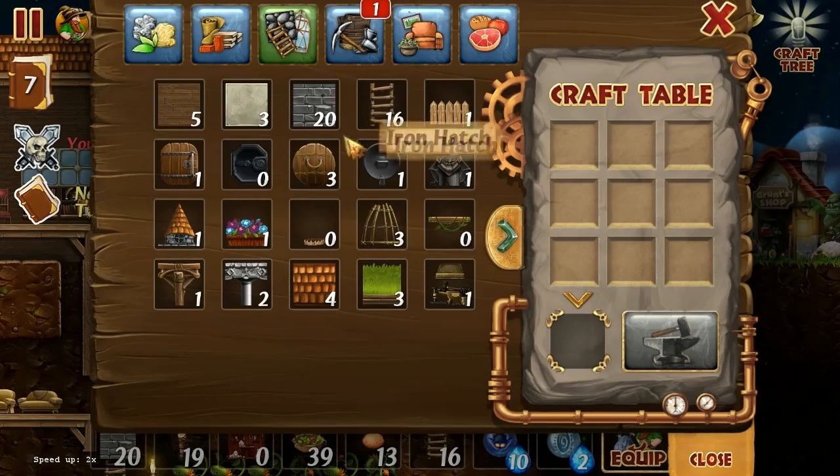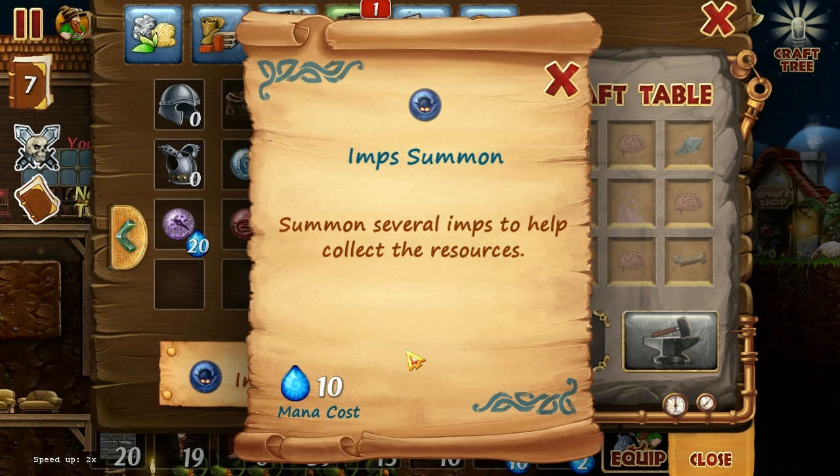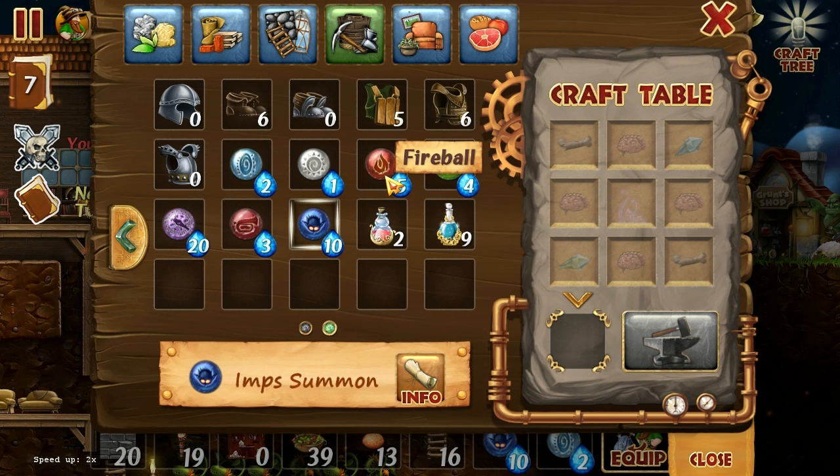I think they just do menial labor. Let's look at the description of the spell. Yeah, they help collect resources. I wish they were permanent. I mean, I would love that. I would even supply them with extra food if I...